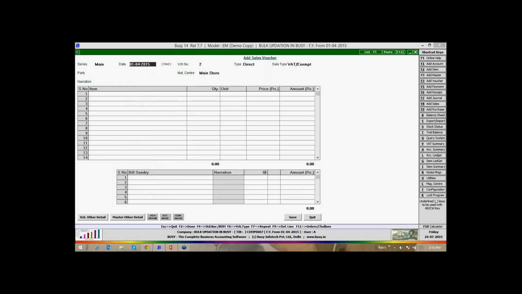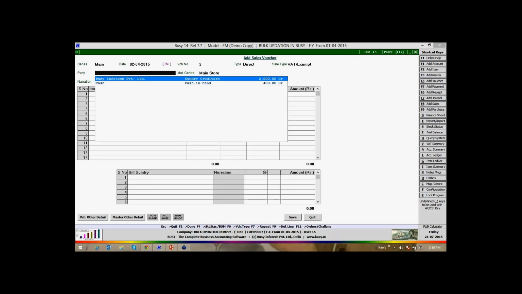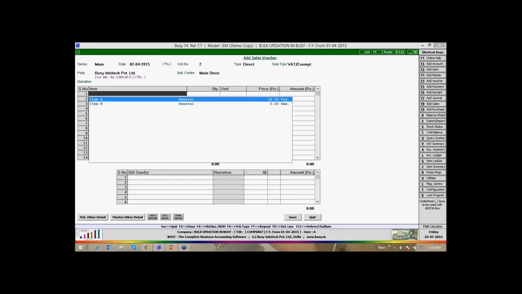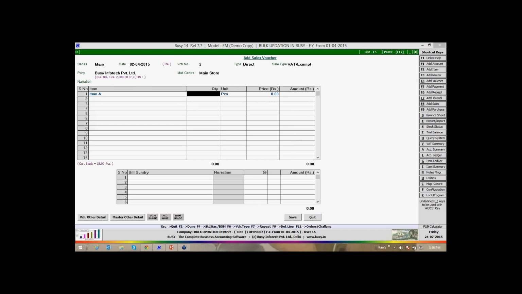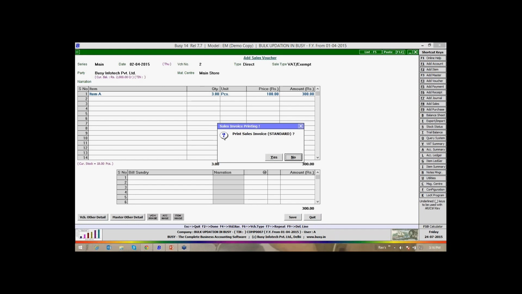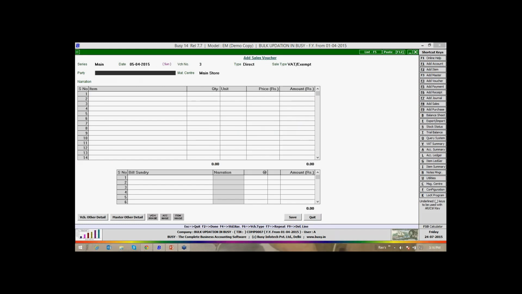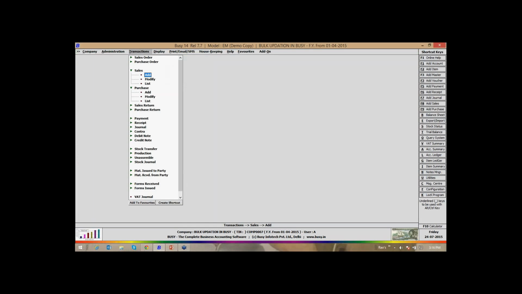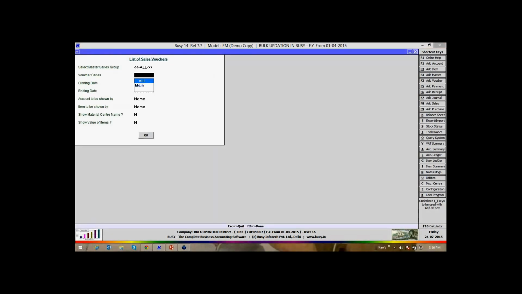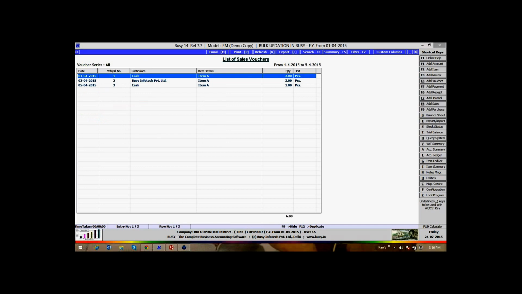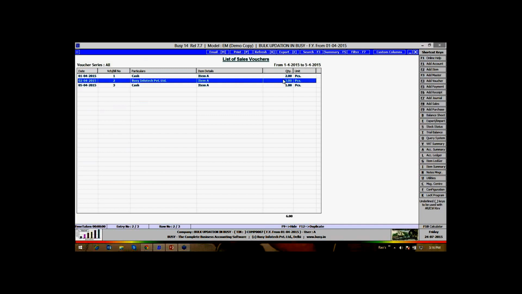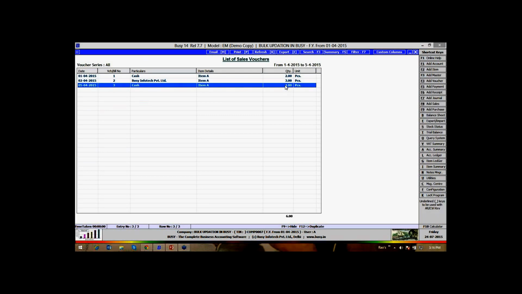Another sale I am doing on the second, say 3 pieces, another on the 5th, 1 piece. So we have created some data. Let's see the list of the sales now. So from 1 to 5, in 5 days, 6 quantities have been sold.